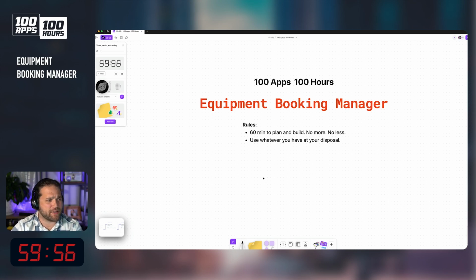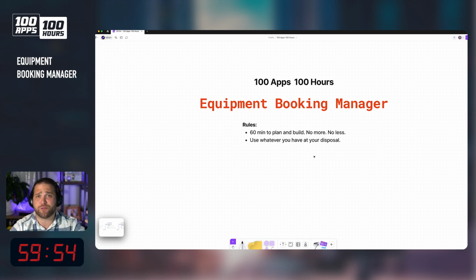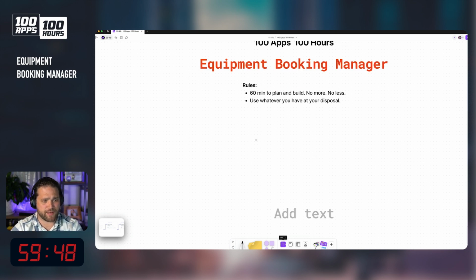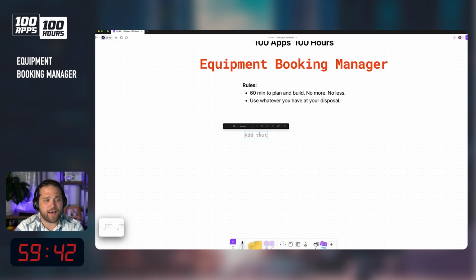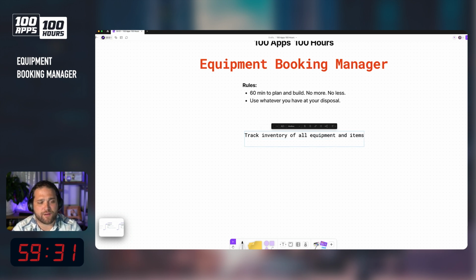So I'm inside Figma here, or FigJam. This is how I like to plan before I build, just kind of quickly whiteboard things. So let's go in and just flesh out the actual functionality that we're looking for out of this specific app, right? We want to track inventory of all of our different items, of all equipment and items. This could be like mobile phones or Android devices if we're doing web development for testing, camera equipment, printers, whatever. We want to be able to reserve equipment